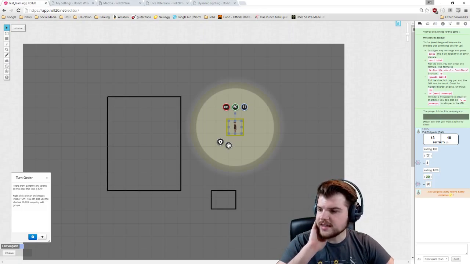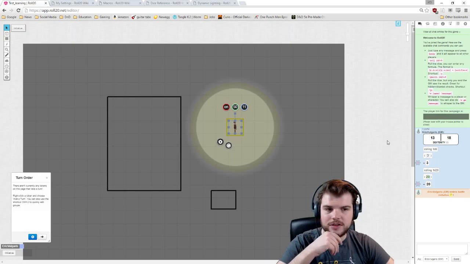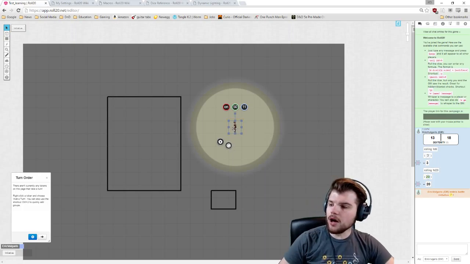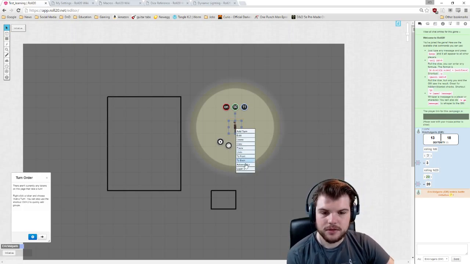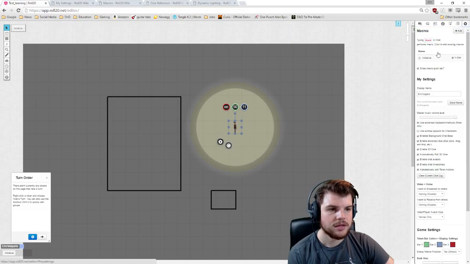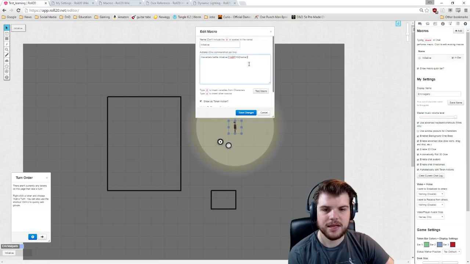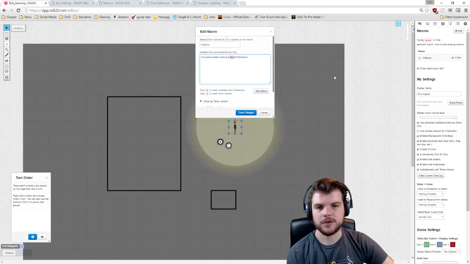If your character has a dex as an attribute, you could also do add selected dex if you have a token selected. Oh, that's good to know. See, they didn't teach me that. That's probably in the wiki. So instead of just rolling a d20,